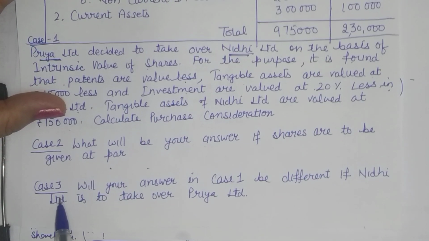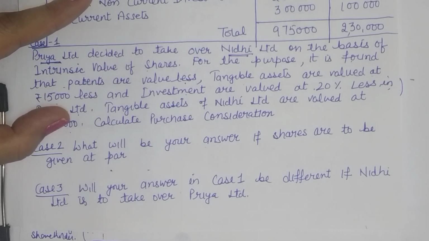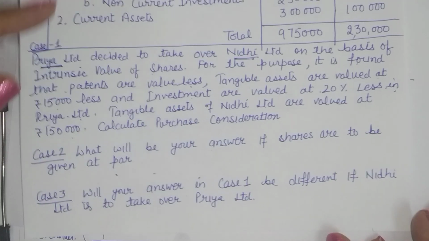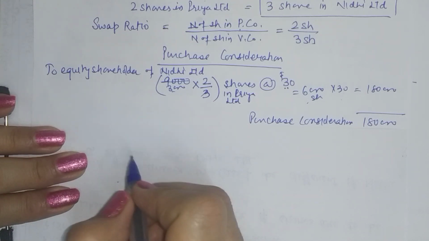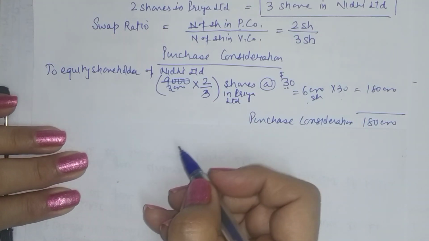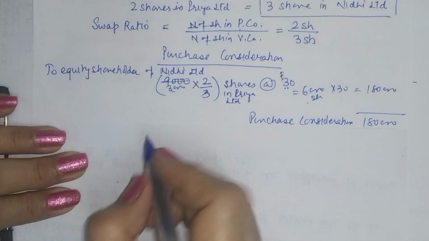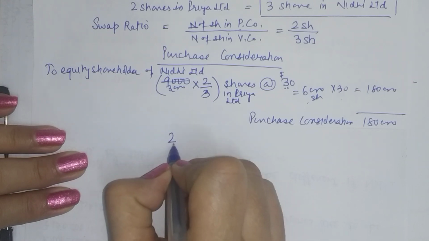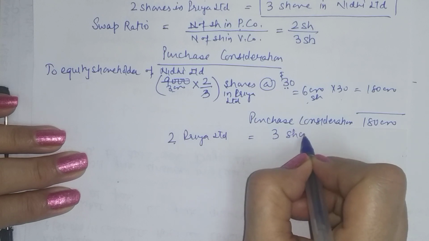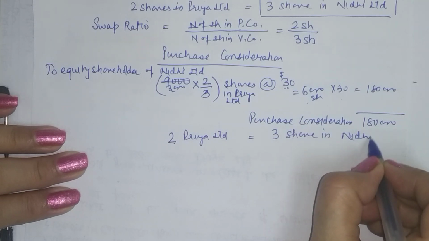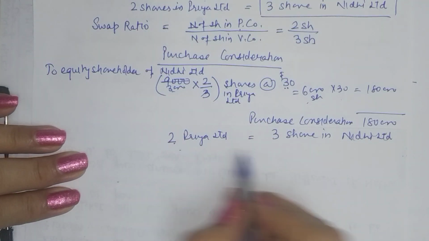Now last part is, will your answer be different if Nidhi Limited is to take over Priya Limited? Now the things will be changed here. So when Nidhi Limited is to take over Priya Limited, Nidhi Limited will continue, Priya Limited will go off. So in Nidhi Limited you will be getting 3 shares for every 2 shares held. You see, your equivalence factor was 2 shares in Priya Limited is equal to 3 shares in Nidhi Limited, right? So now you will be reading the